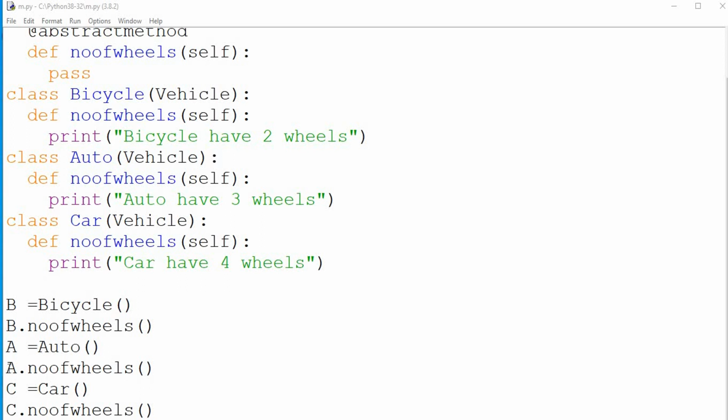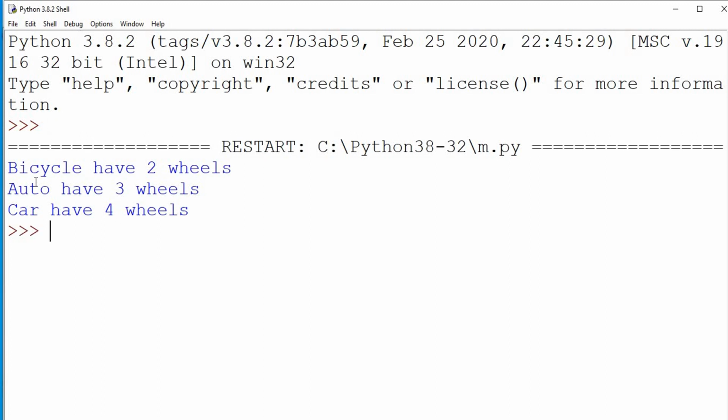So this is how I am going to write object name dot the method name that I want to access. Next, for Car I am going to create the object as C and then I am going to access the method number of wheels. Now when I run this code, I am going to get my output like this. Bicycle have 2 wheels, Auto have 3 wheels, Car have 4 wheels.